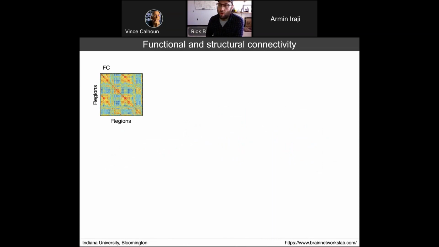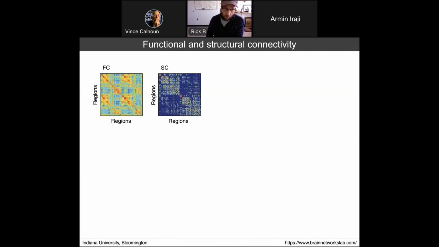A few more words on functional and structural connectivity. I'm showing you two examples here, a functional network on the left and a structural network on the right. At face value, you might notice some commonalities, and I'll toggle back and forth between the two to help convince you that there is some, albeit not one-to-one, relationship between the two. And indeed, these connectivity matrices are similar in some ways.